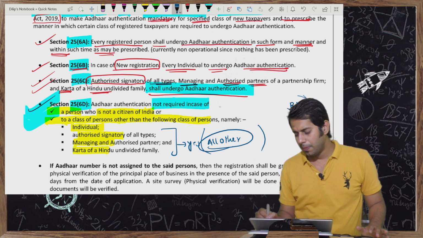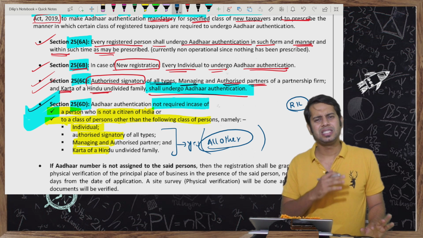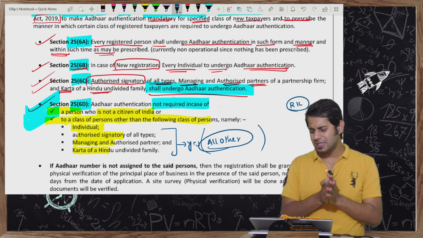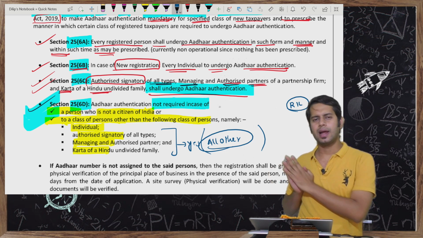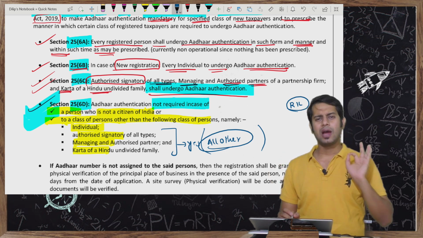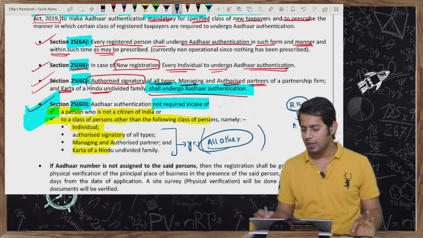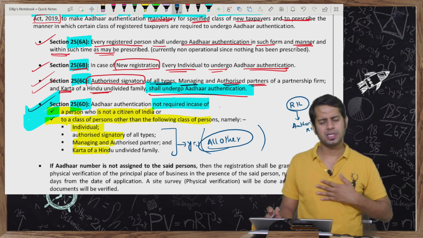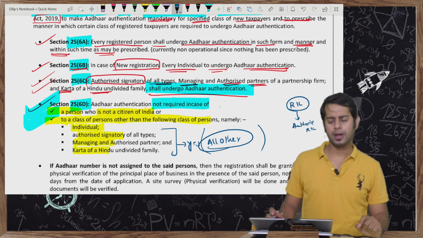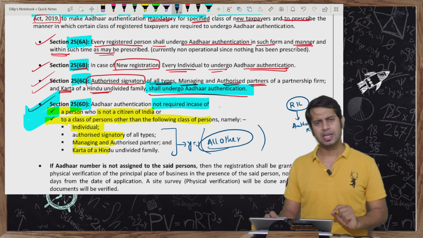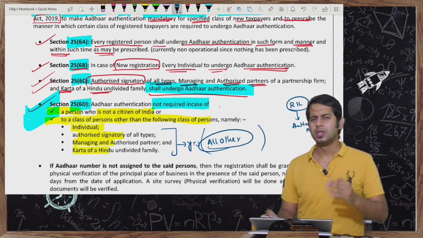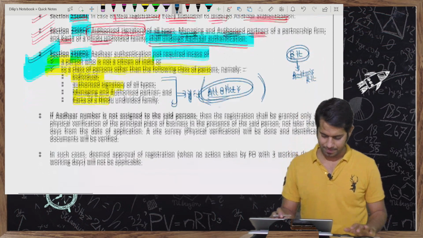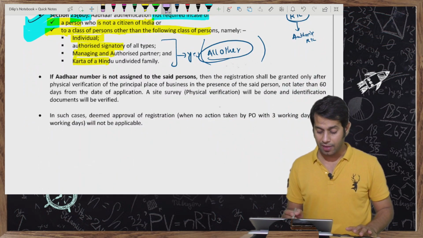Now Mukesh Ambani is the managing director of Reliance Industries. Does he require to do Aadhaar authentication, sir? He will not have to do Aadhaar authentication if he is not acting as an authorized signatory of Reliance Industries. He may authorize some person, say he authorizes me, to be the authorized representative or authorized signatory for GST matters of Reliance Industries. In that case, Aadhaar verification of Mukesh Ambani is not required.